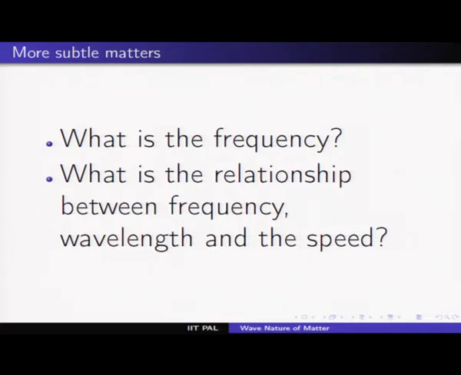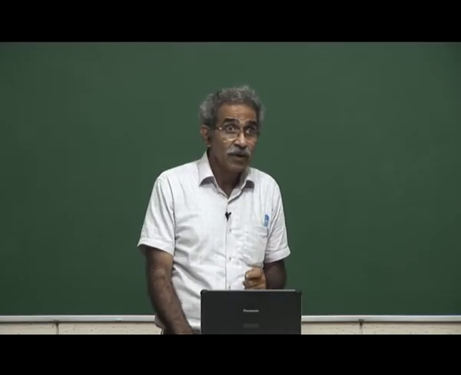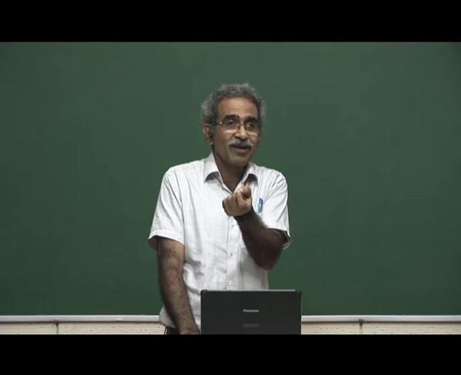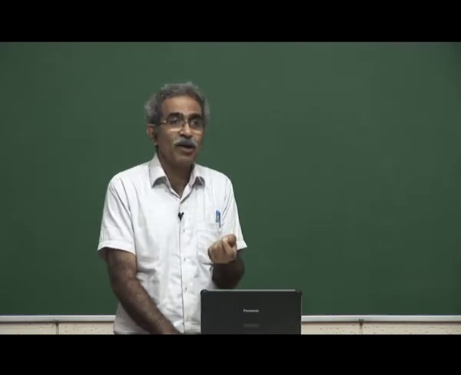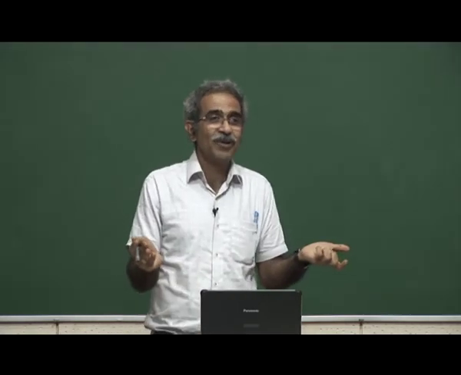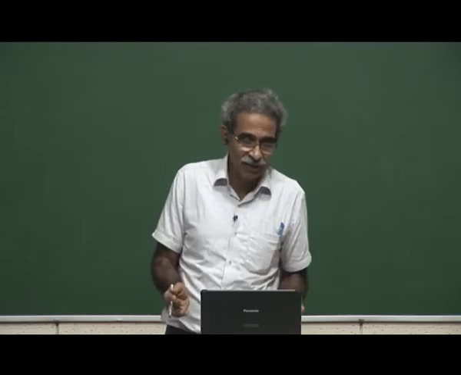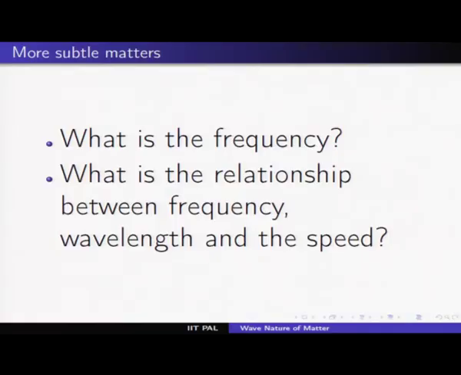It is easy to explain how a wave can behave like a particle, because we can say a wave is an extended object, therefore a lot of particles join together and behave as if they are a wave. But a particle is a highly localized object. It is a point particle for all practical purposes. What do you mean by associating a wave? It is a very, very important question that we have to ask ourselves, and that is the reason why I have listed these three questions. Although they are not technically a part of your syllabus, it is very important for us to ponder over this. So what do we have?